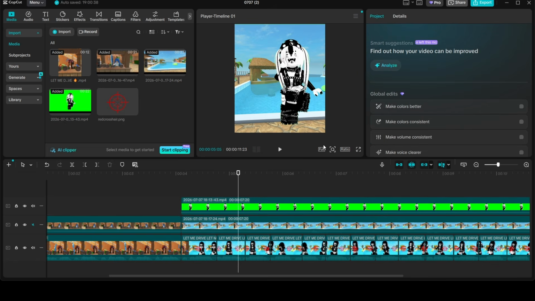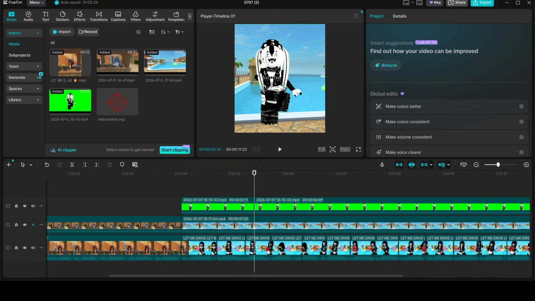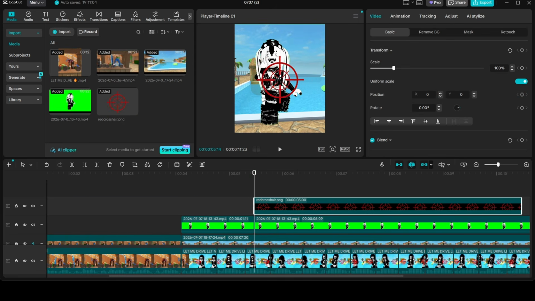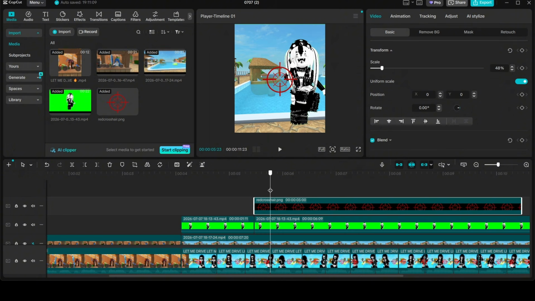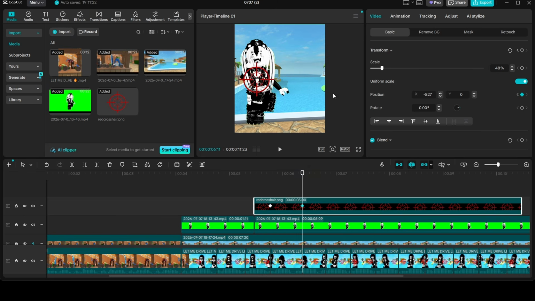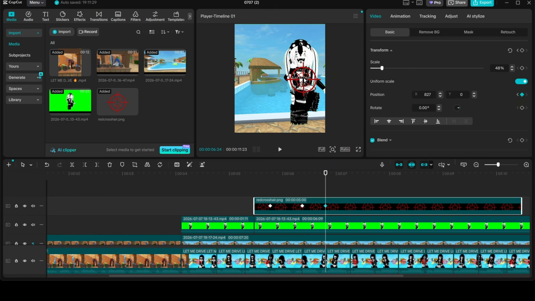Now you'll want to repeat the same process for the crosshair. Except make sure your crosshair is on the highest layer above the other overlays, or else it'll get blocked by your character and it'll go behind it instead of in front. Once you finish adding all the keyframes for every direction switch on the crosshair,